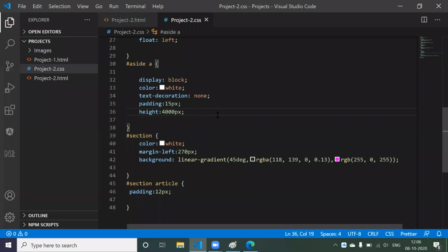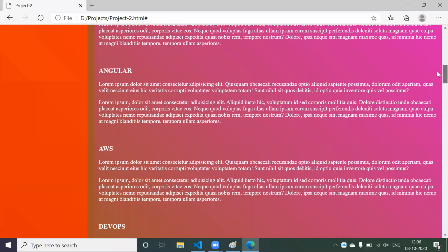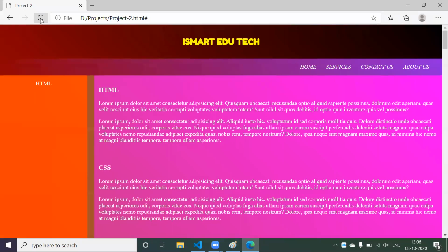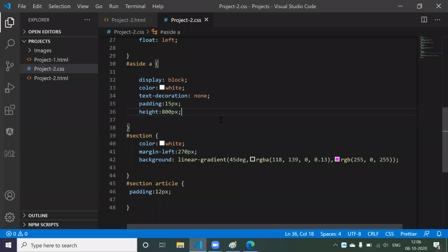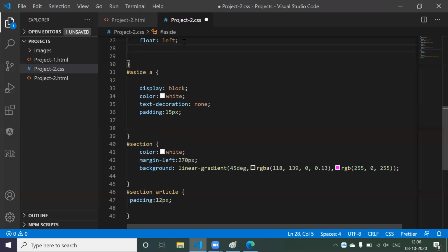Like what we need to do, instead of 400 pixel, let me try 800 pixel only. Save it. Yeah, fine, we got it, but we are getting... Okay, let me refresh. It's not properly working. It should be in here. Height should be